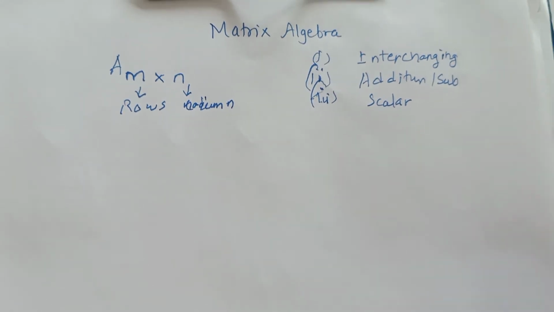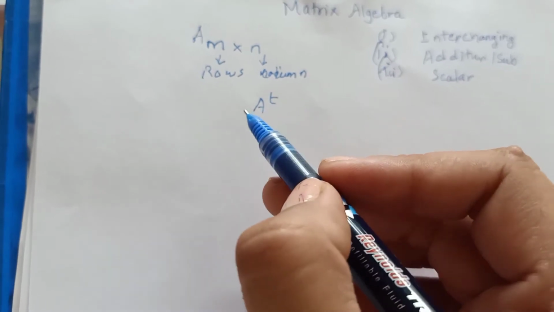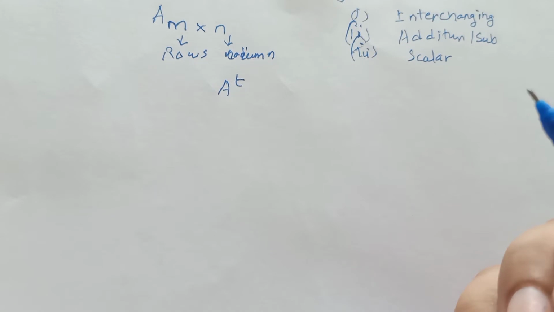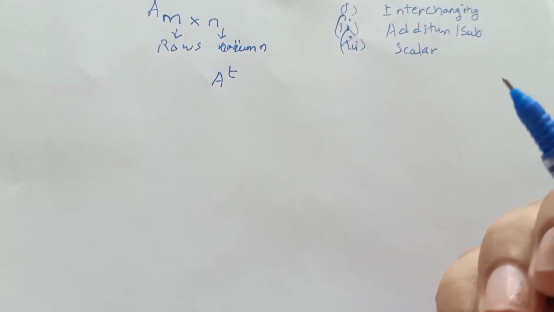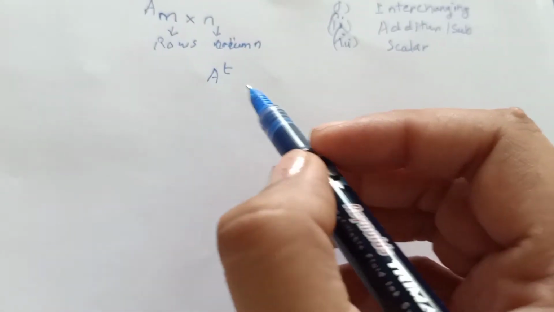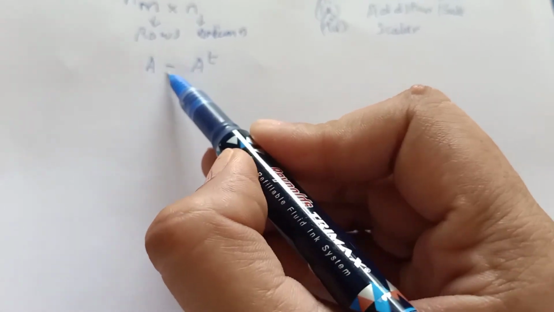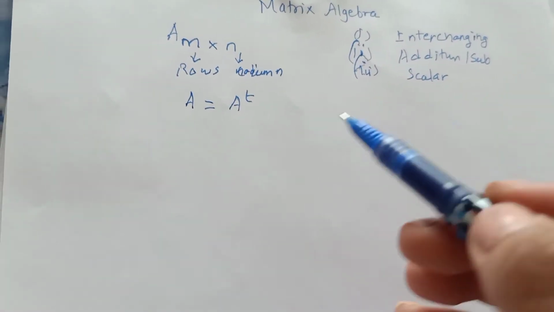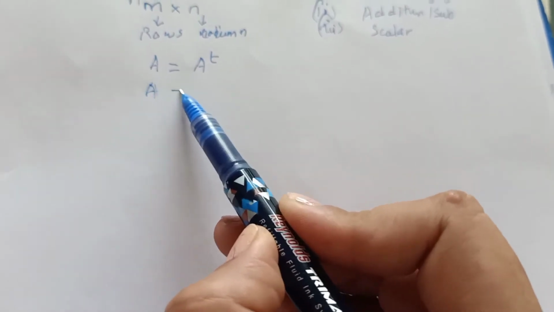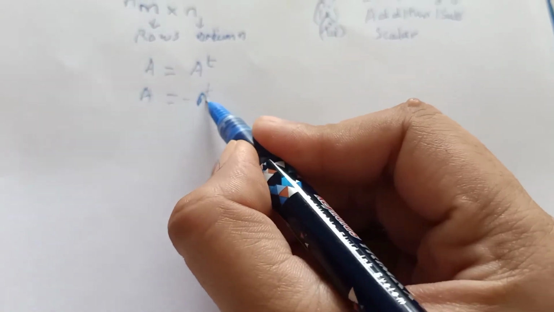So you can either use any one operation at a time, or you can use a combination of these operations. Alright. Next thing is transpose of a matrix. So transpose of the matrix is denoted by this symbol. It is actually interchanging of rows and columns, that is making all the rows as columns or all the columns as rows. And based on this, we have a few types of matrices. First matrix is called a symmetric matrix when A is equal to A transpose, and if A is equal to negative of A transpose, then that matrix is called skew symmetric.